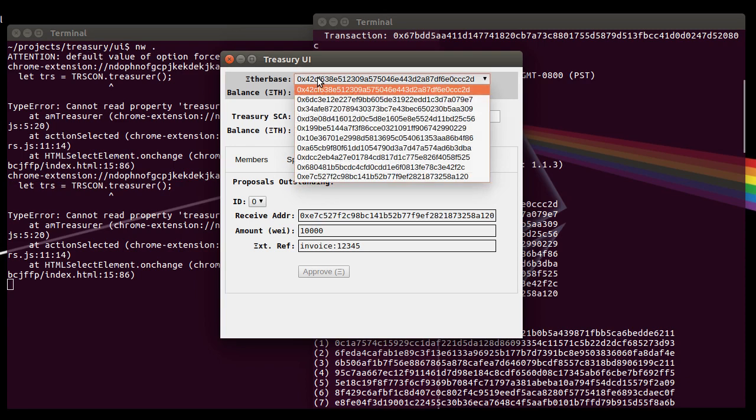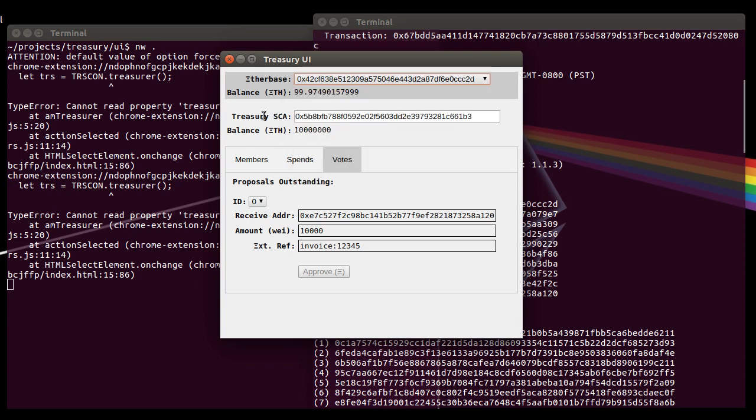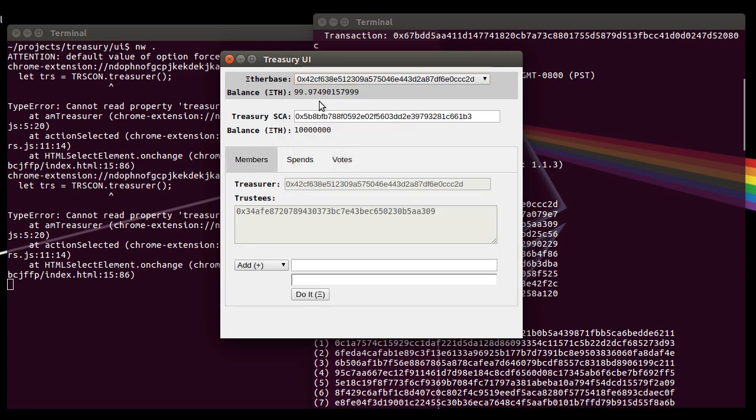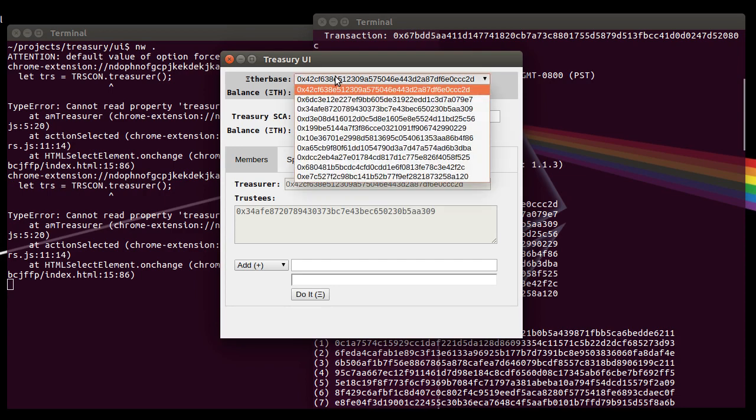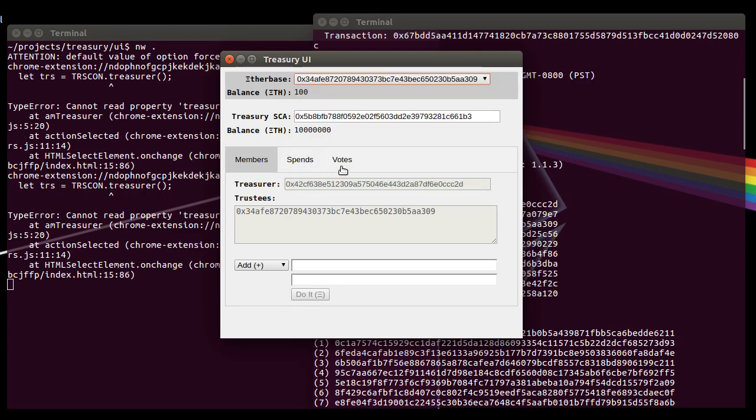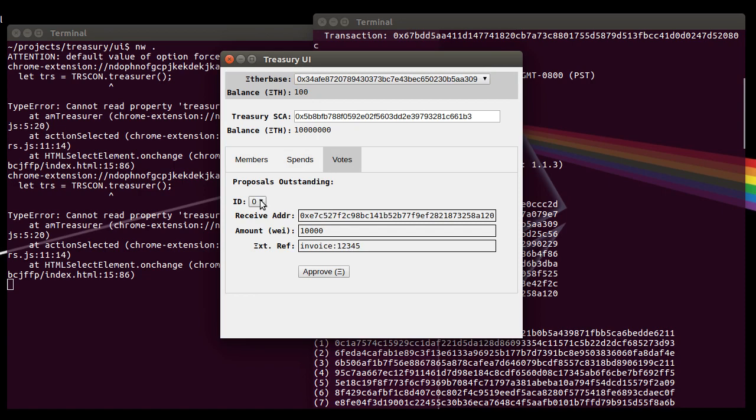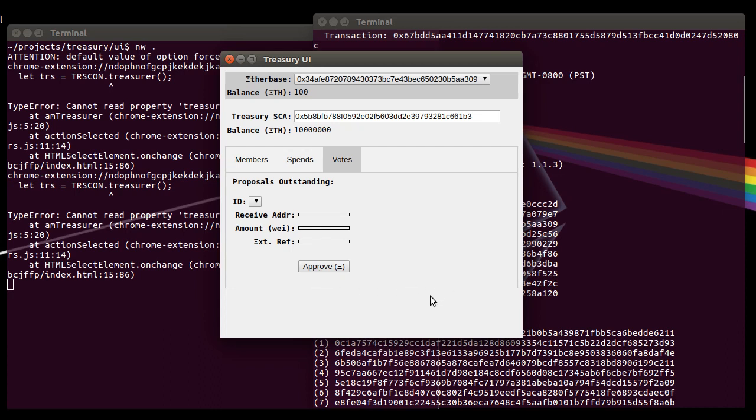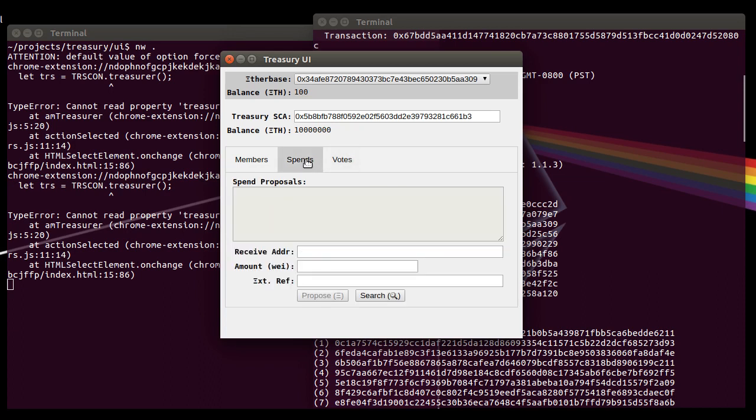But if I change to, I forget, who was it that we made the trustee, the 3.4 account. So let's switch over to 3.4 and go to the voting tab. And now you see the approve button is enabled. Approve. And now there are no proposals outstanding because the spend just happened, because there was only one trustee, and that was